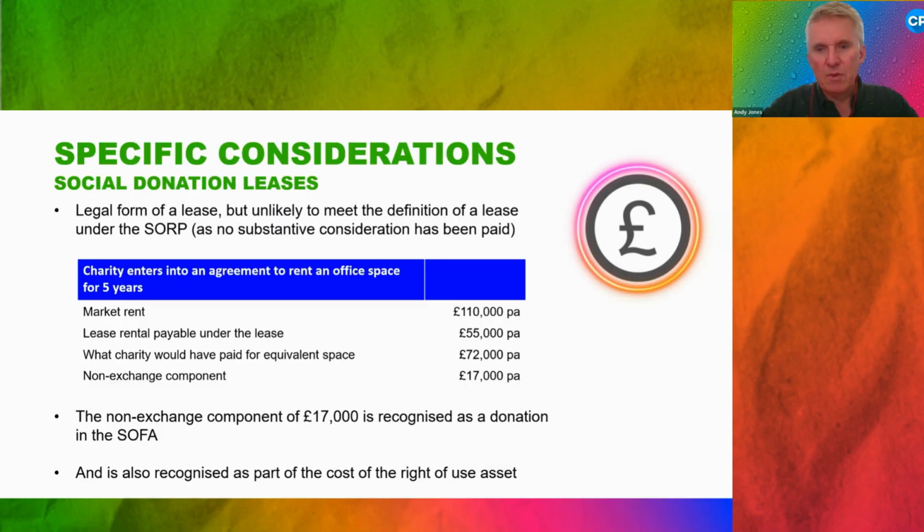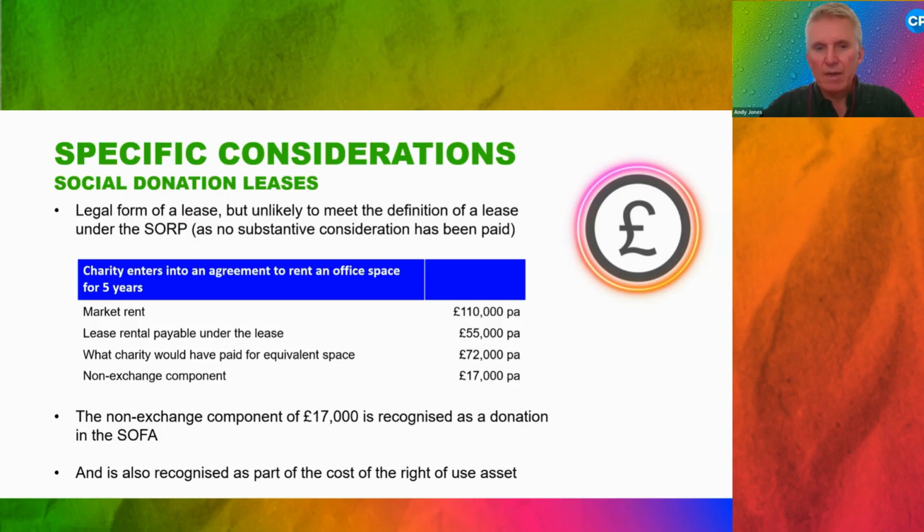So the example we've got here is that the market rent might be 110,000. The payment that you're making under the lease is £55,000 a year. Again, you worked out that what you would have paid for that equivalent space is actually £72,000 a year. So there's this social donation. As a charity, you're getting this extra discount of